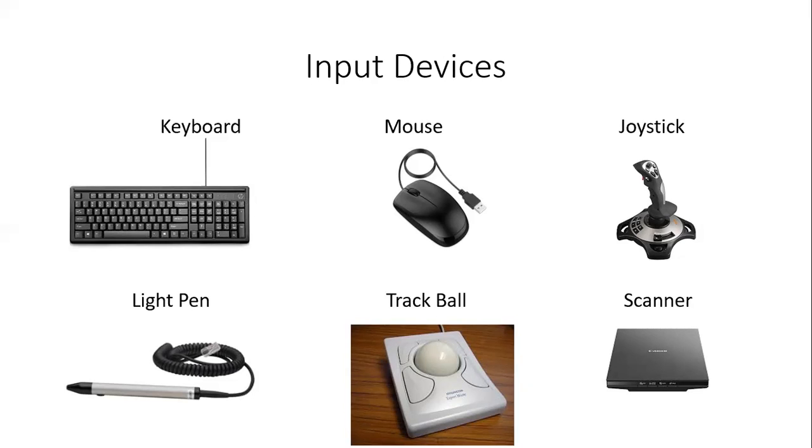A joystick is also a pointing device, and it sometimes is used to play games. A joystick is used to move the cursor position on the monitor screen. It is a stick having a spherical ball at its both lower and upper ends. The lower spherical ball moves in a socket. The function of a joystick is similar to that of a mouse, but it is mainly used in computer-aided design and playing computer games. The next is a light pen.